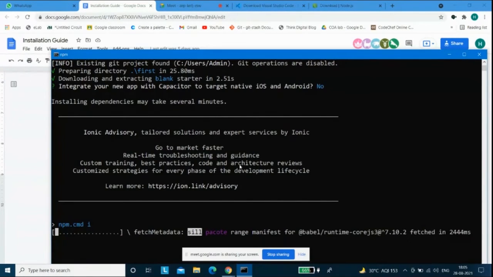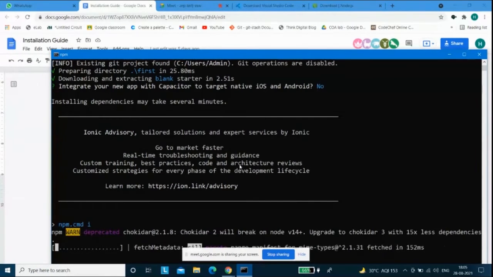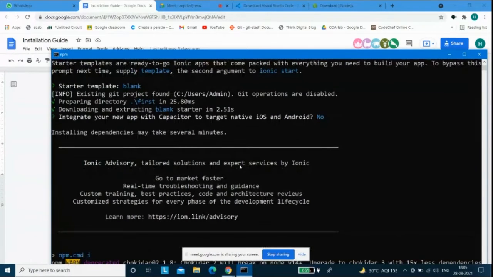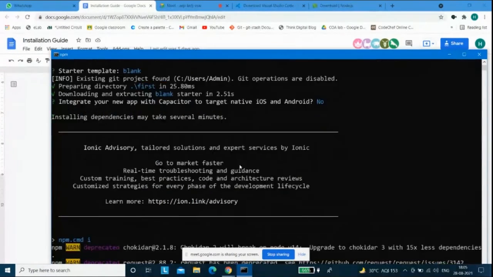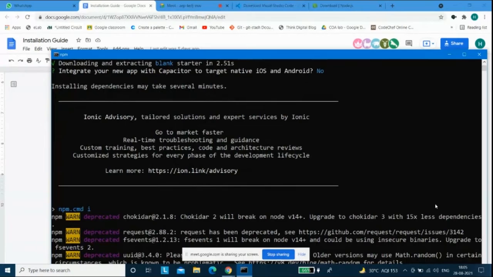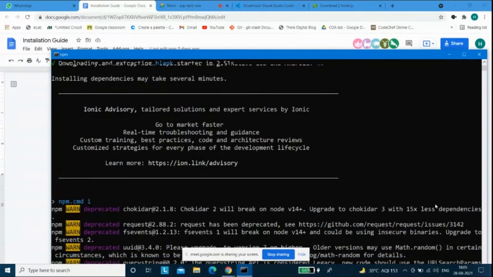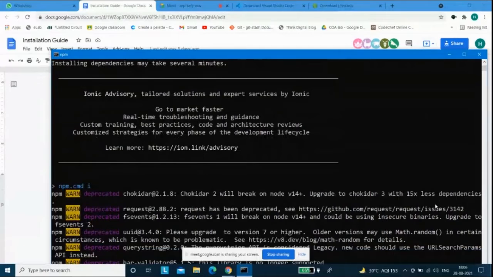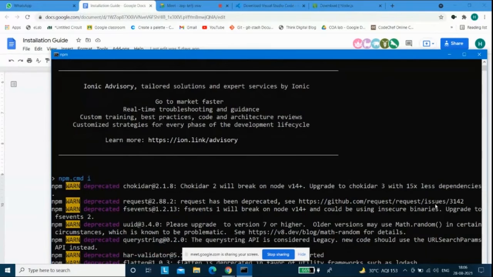It has opened another tab for me for create your Ionic app. It is showing another tab, not in the command prompt. Sorry, I'm not getting your issue. Like you said, create Ionic start, right? Yes, I have written that. You have written Ionic start, and then what happened? Then it was showing use the app creation wizard, Y and N. Then I typed Y and pressed enter. And in Google Chrome, it is showing create your Ionic app.